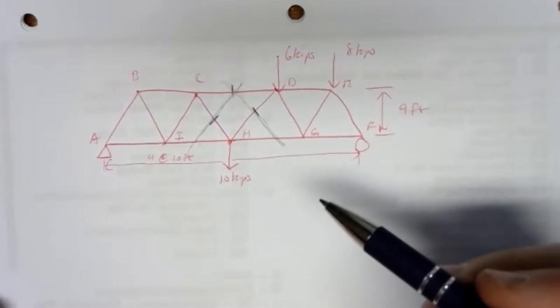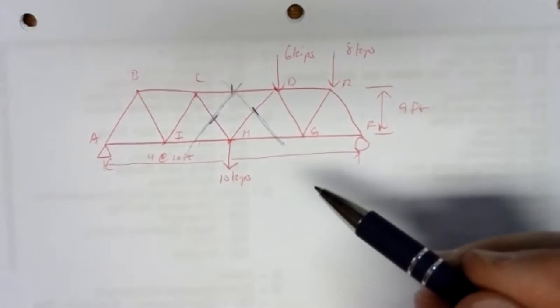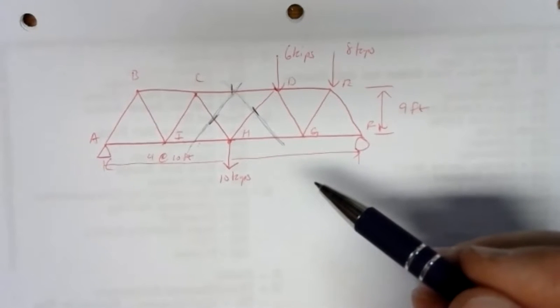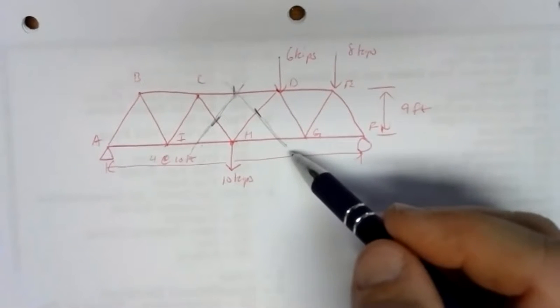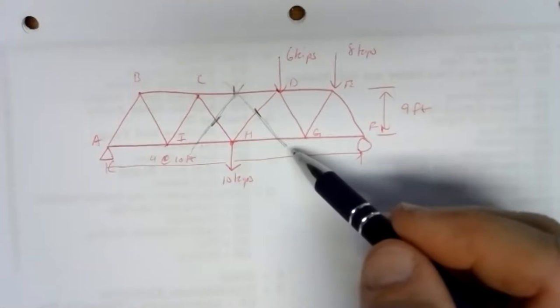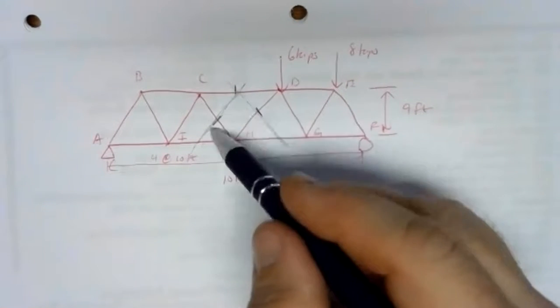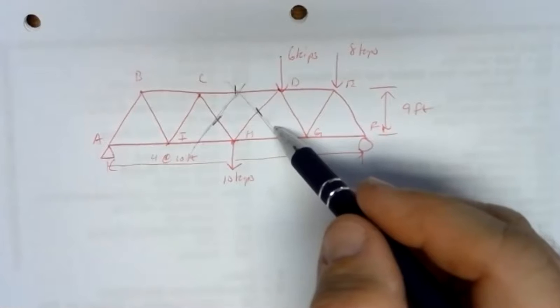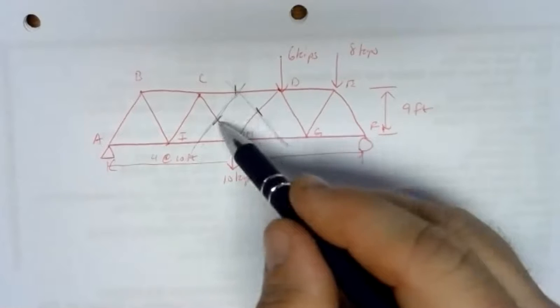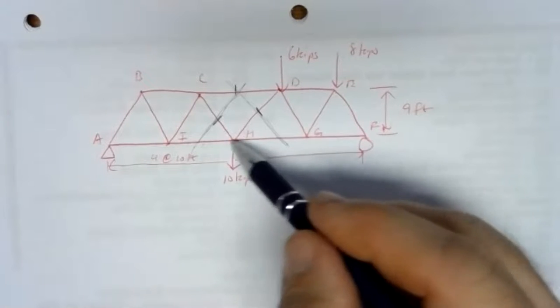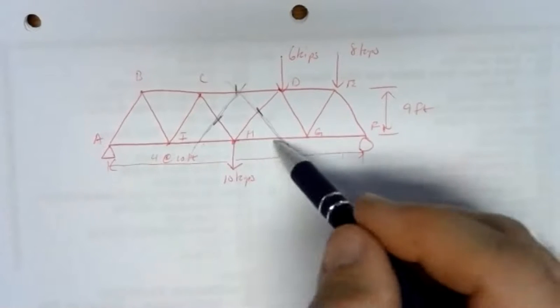using method of sections, and I suppose reading the problem here, it does say using method of sections, find those members. But if the problem was a little less restrictive, we could use method of sections to get two of these, and then we could do method of joints. Jump to H, for example. With knowing what we know up here, we'd have two unknowns and